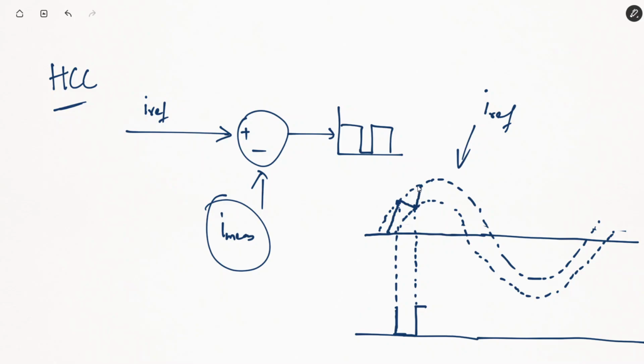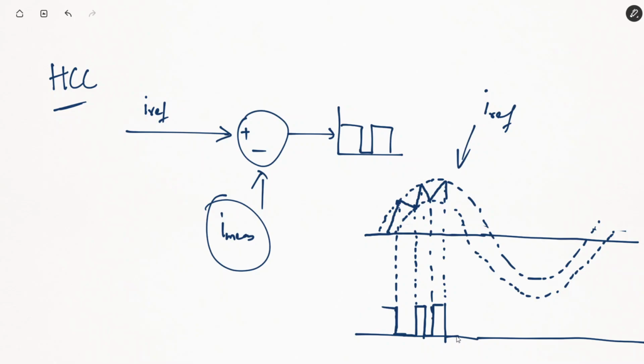The logic we will have is simply using if else logic. If current is equal to upper band, then output should be 0. If current is equal to lower band, pulse should be equal to 1. So current will actually rise and fall within this band, and that will actually determine the pulse pattern. ठीक है, if current touches the upper band, pulse should be 0. If current touches the lower band, pulse should be equal to 1.